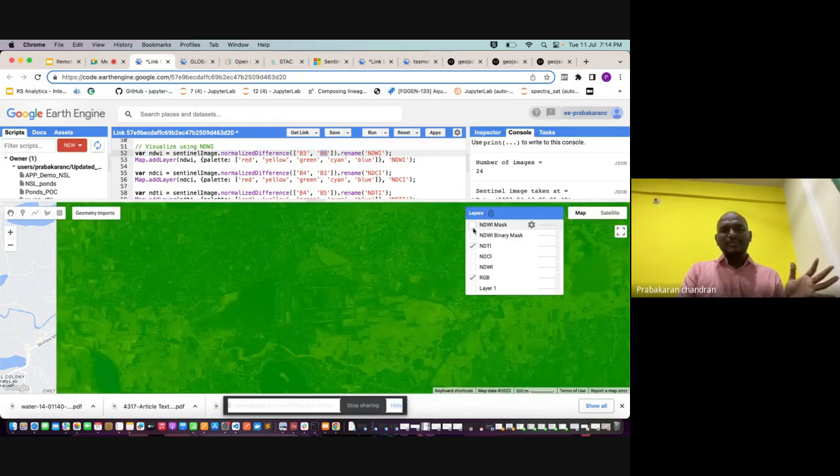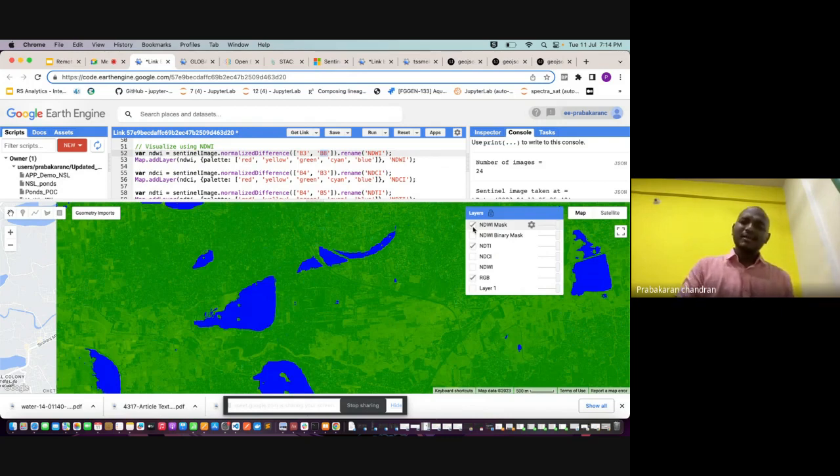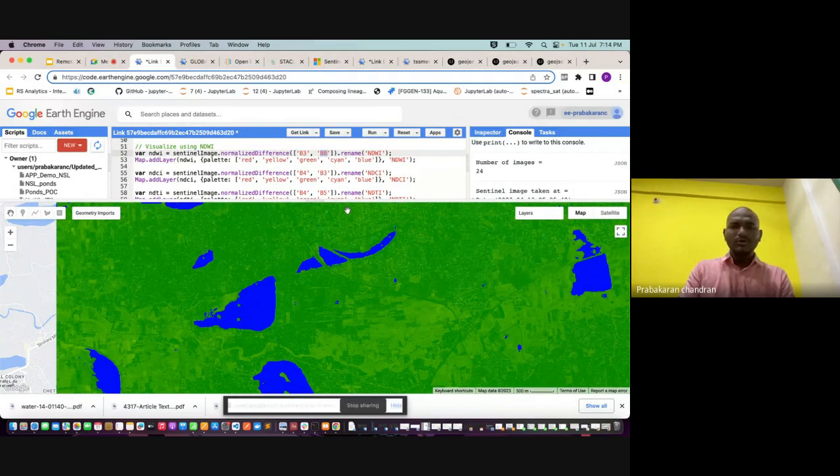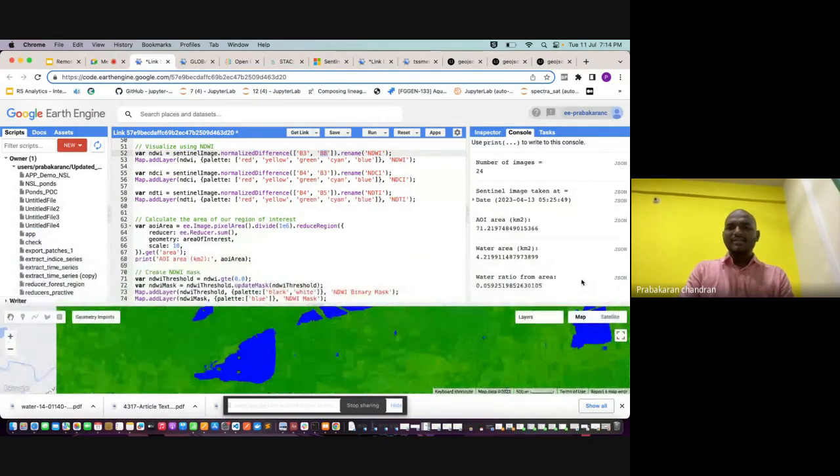And then on top of that, we can bring in more analytics, like what could be the flood affected areas, or what could be the site selections for certain lakes or anything. Those kinds of things can be used, that we can discuss in the further slides also. And you can see these other statistics calculated, like the water ratio from area, which is 0.05, and the water collected area, which is 4 square kilometer, and the total area is 71